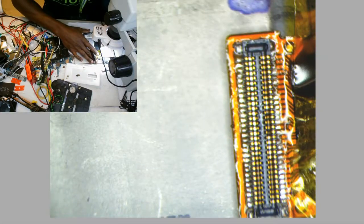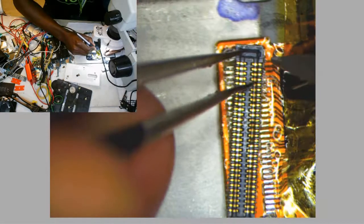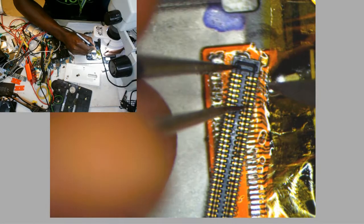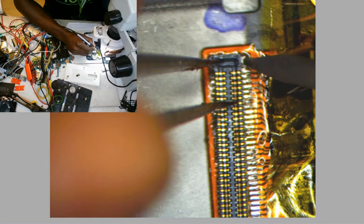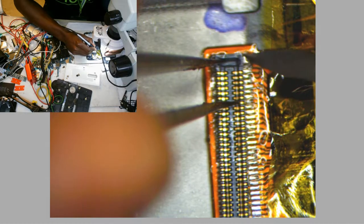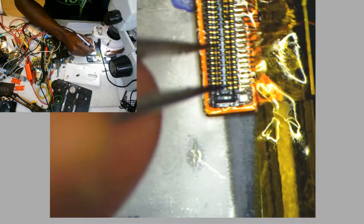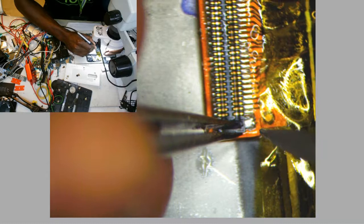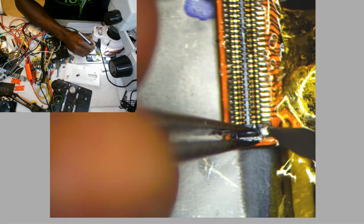So I'm gonna tap down this edge first, or these edges, any one of them. There are two, and then I'm gonna float the rest on. So that edge, and it doesn't have to be perfect right now. I just wanted to